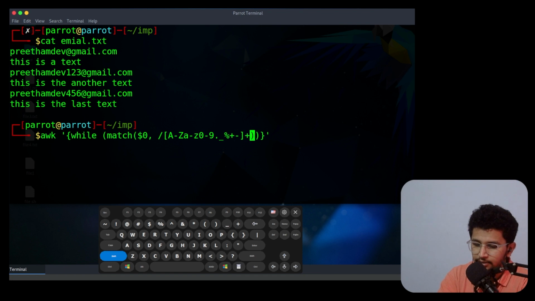It should contain at. It can start with a small alphabet, zeros, or anything, a percentage or plus. It should contain at. Okay, after that